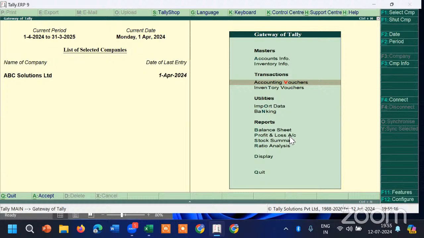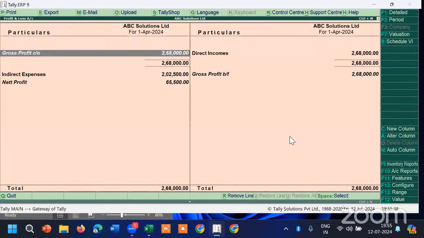Transactions, either we pass voucher entries or inventory entries. Utilities, these are not concerned. Then reports, we generate reports like P&L, balance sheet, stock summary or ratio. Then under display, we have trial balance, ledger accounts, etc. So at least this first page you should learn. Clear? So that's it, students. This was our